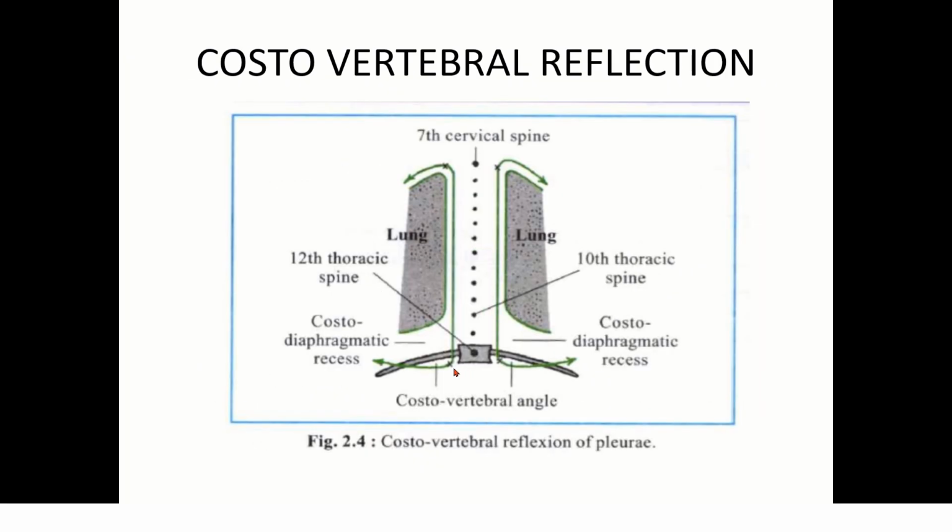Now you can see the costovertebral reflection. It is the reflection along the line joining a point 2.5 centimeters lateral to the 7th cervical spine and a point 2.5 centimeters lateral to the 12th thoracic spine. It is along this line where the costal pleura becomes the mediastinal pleura posteriorly on the side of the